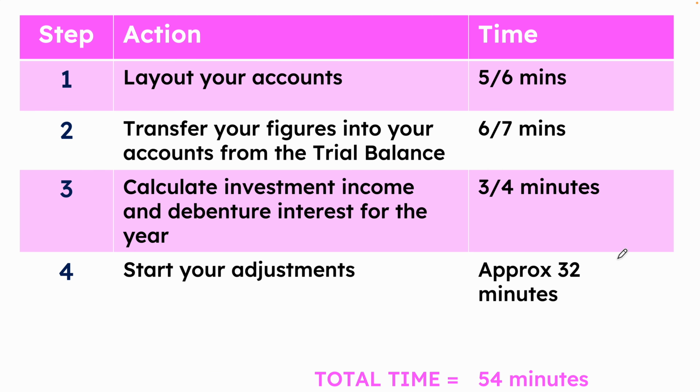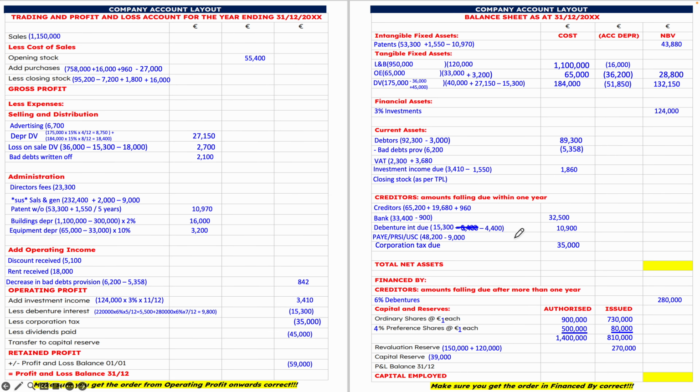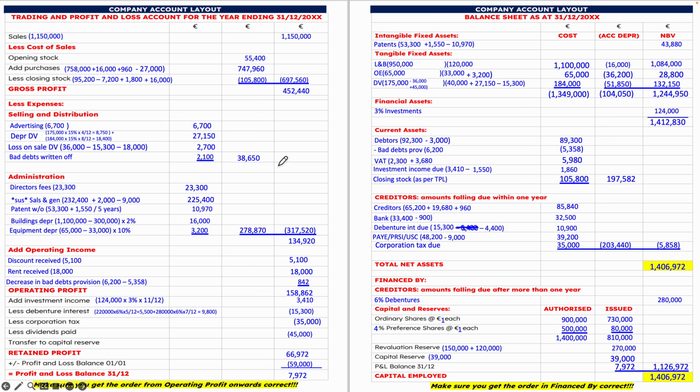The last step then that you have to do, which should really only take you 5 minutes and do not spend any more time than that on it, is totting up your totals. So what you should be doing is, you should be just closing the brackets of stuff, right? And putting the figures in where you need to put them in, okay? So you just have to do a hell of a lot of totting up and stuff, and then you should get 7972 as your profit and loss balance, okay, which you will bring over here, 7972. And when you tot everything up there, you should get your two figures to balance, your total net assets and your capital employed to balance